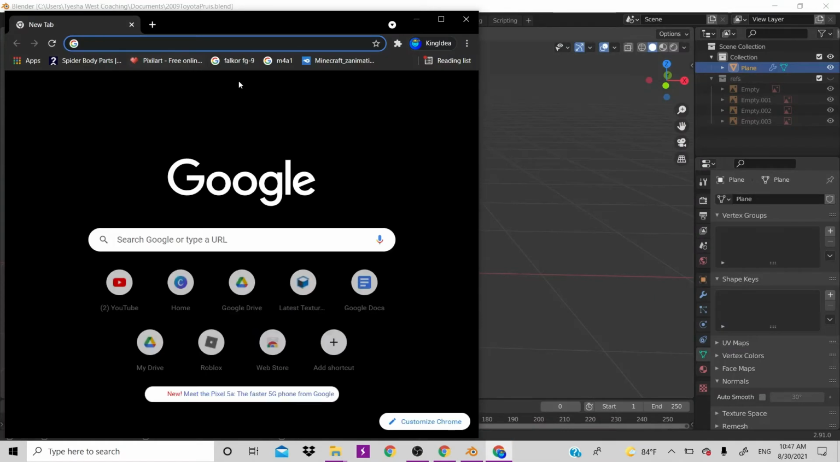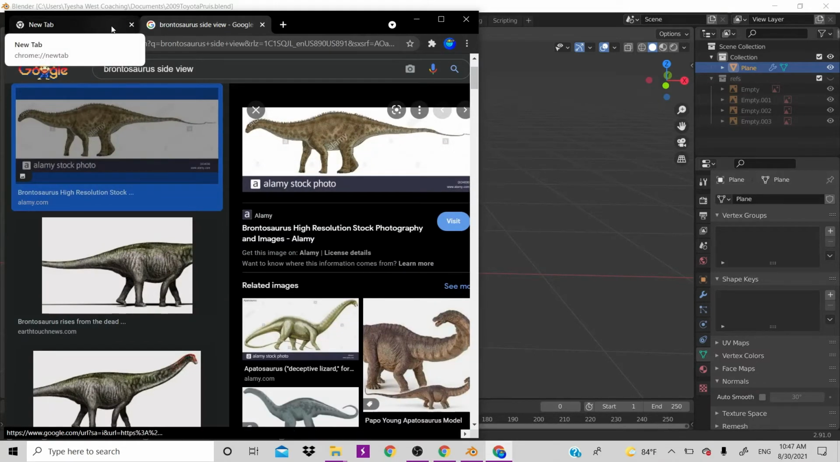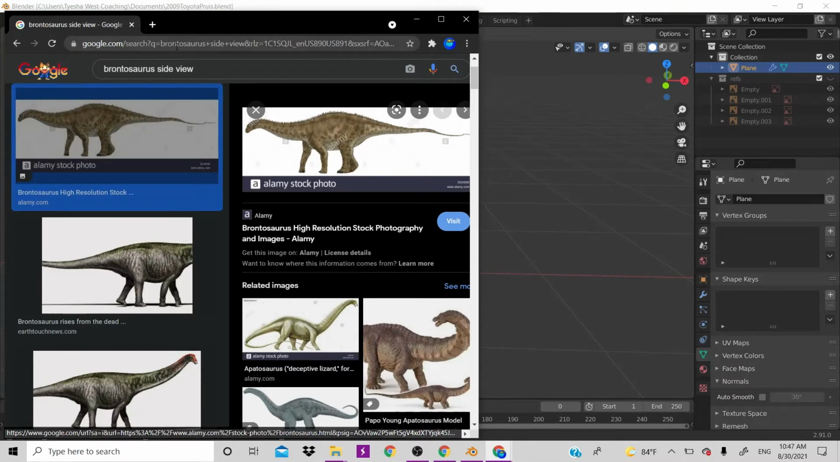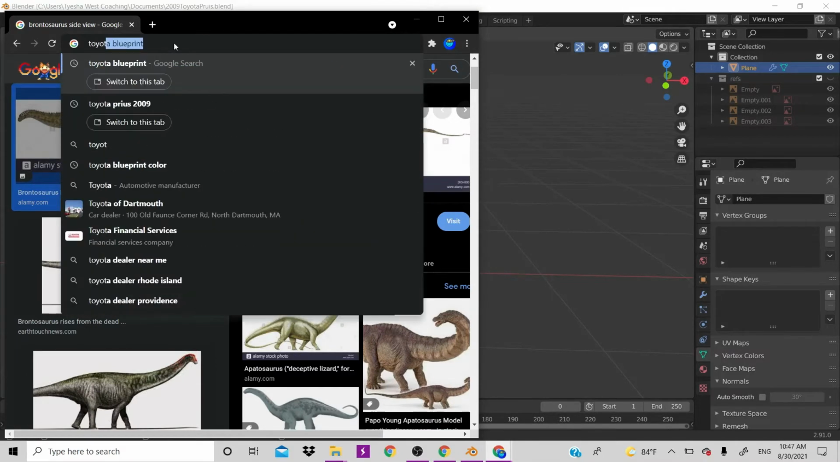because hold on, let me just try and restore. Okay, can I do that again? Okay, no. So, anyways, Toyota Prius